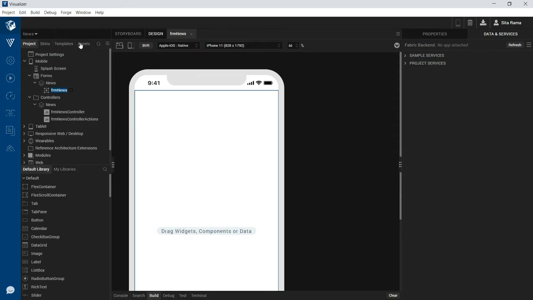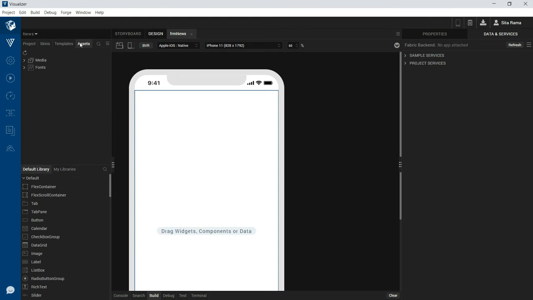Let us go to the assets section of our application and import the logo that we want to use as part of our form. We'll import this PNG file under the commons section of the assets. In another episode, we'll talk about what these different sections under assets are and the scenarios in which we'll make use of these various sections. As of now, we'll put the logo PNG file as part of the commons section inside the assets.